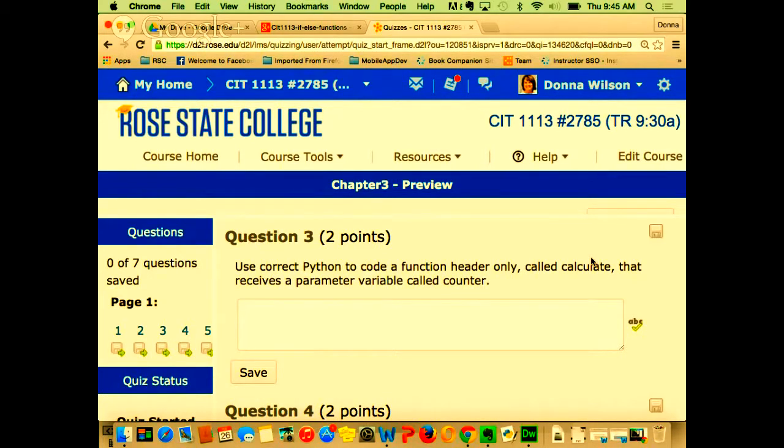It was the wording, right? You didn't understand. I was looking at the book and I was like, oh, yeah, that's what it's called. That's called the function header. Following that is where the code would go that actually did what you wanted it to do in the function. But it's really important to know how to write a function header, because when you make your call in your program to the function, you have to have the header correct.